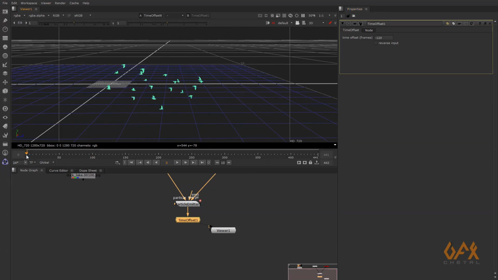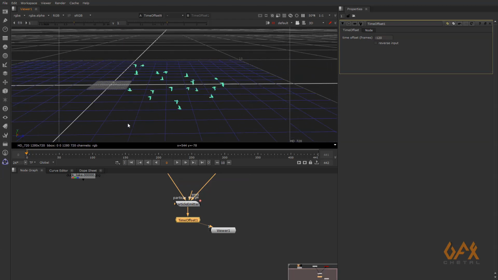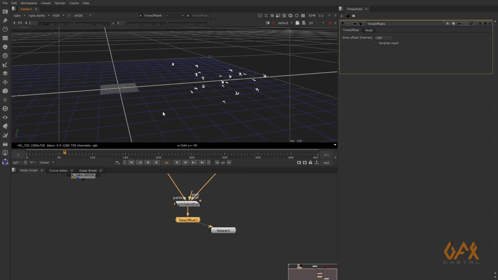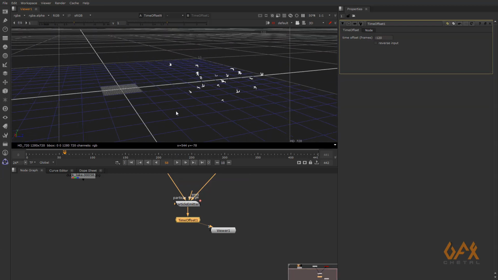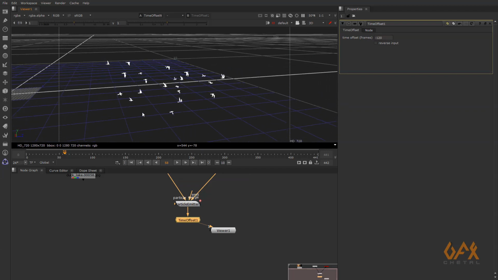and I set my time offset to maybe minus 120 frames. So on frame 0 you already see the position of the simulation of frame number 120. Basically it starts from 120, so we just shift our animation offset to minus 120. So from here you can see the flock animation just go through. So it can't show you that the birds are generated from some emitter and all those things. So this is just a basic idea and basic concept to create a flock.